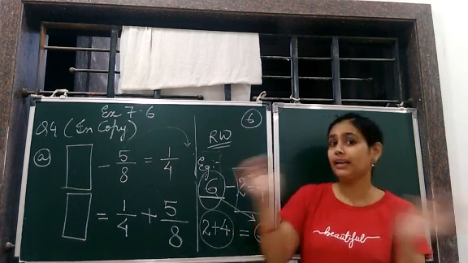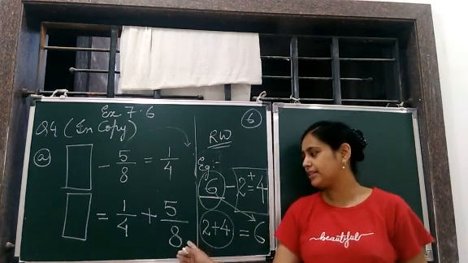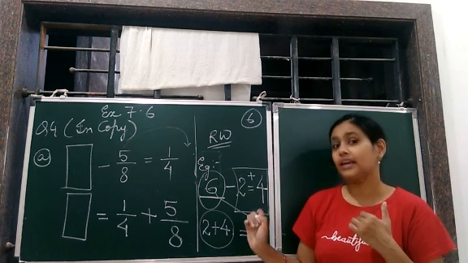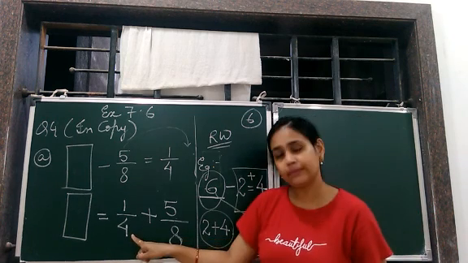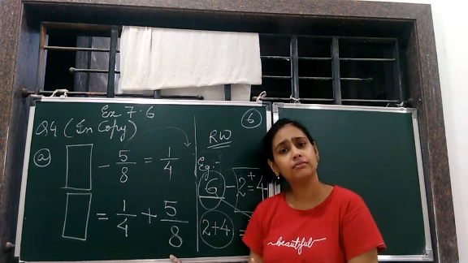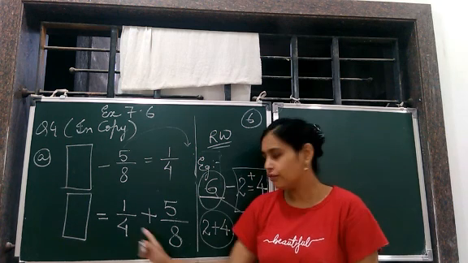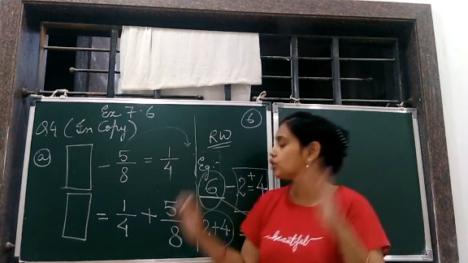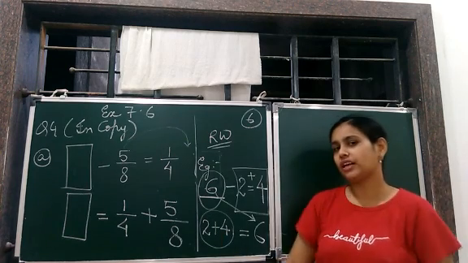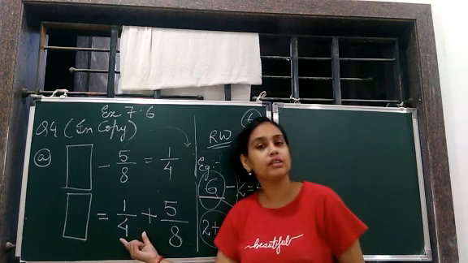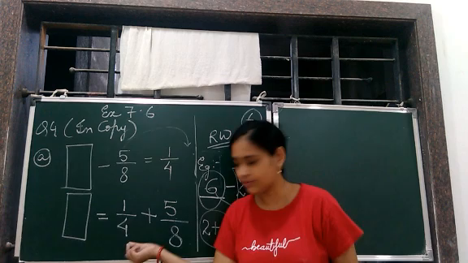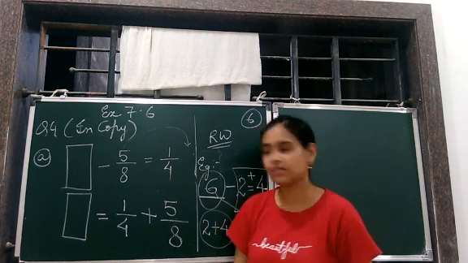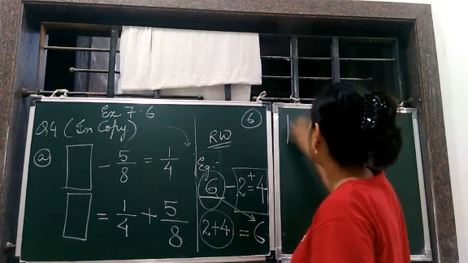Yes, you will say, ma'am, by interchanging and multiplying. That means 8 multiplies this side and 4 multiplies this side. Instead, if you multiply something here, will you get 8? Is it possible? 4 into something will give you 8. Yes, 4 twos are 8. So instead of interchanging and multiplying, we just use the common factor method. Yes, we multiply with a common factor of 4 and 8.